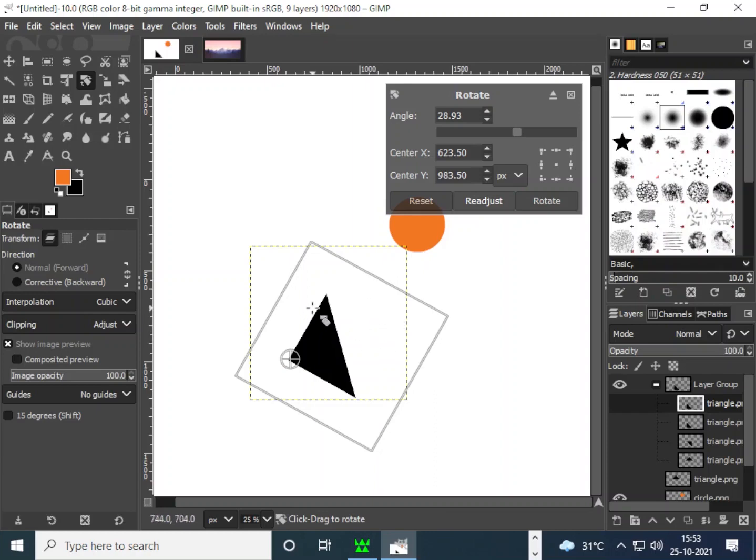So that's how you'll have to do it. Take a triangle and go on rotating it around this point here. That's how you did it in Scratch also, right? From a triangle to a circle. Did you try it out? If you have not, you can do that. It's the same exercise. You can do it in Scratch, you can do it in GIMP also.